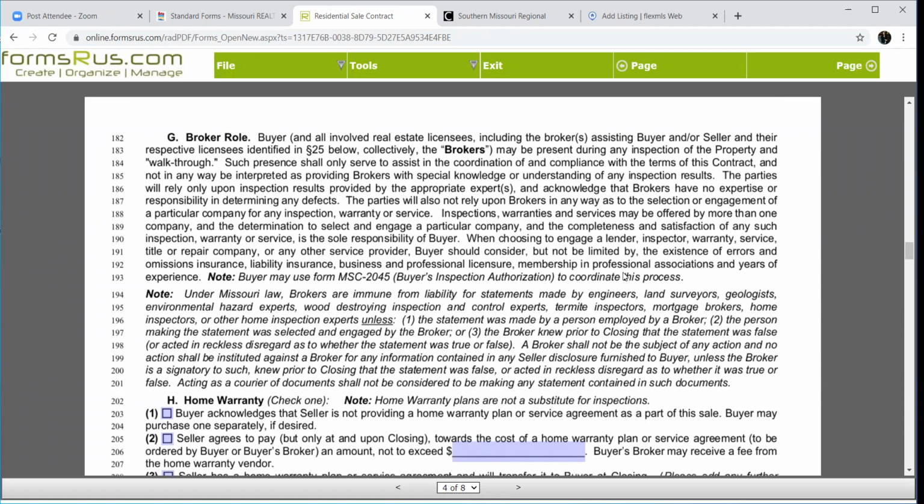I'm going to do everything I can to represent you as best I can. You're not going to rely on me to select or engage any particular company. If you want me to call ABC Roofing and tell them what day to come out, I'm happy to do that for you. I am not going to force you to use ABC Roofing. As a matter of fact, I'm going to give you multiple options to look at who's going to do your roof for you, but I'm not going to pick it for you. And if you do anything else, I'm going to help you find those people, but I'm not going to provide any legal advice, and I'm also not going to do anything that is somebody else's job. But I will help you find those people.